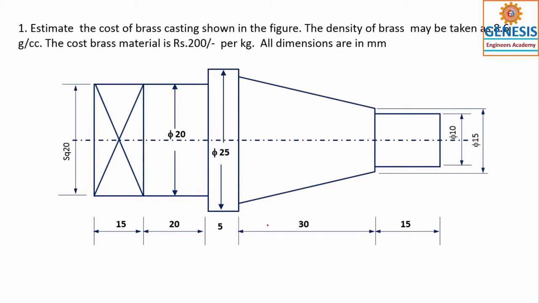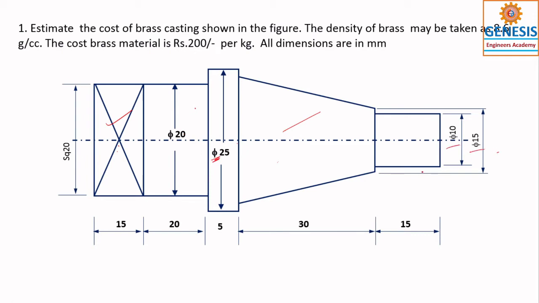Okay, so this is the part to be made in casting. As you know, this will be made in two parts to make the pattern, so you can call it a two-piece pattern. If other details are to be applied, a three-piece pattern is also used for this shape or geometry. But you need only two pieces here, that is a two-piece pattern. The symbol for this is the square item, this is a circular item, and this is also circular because the phi is there.